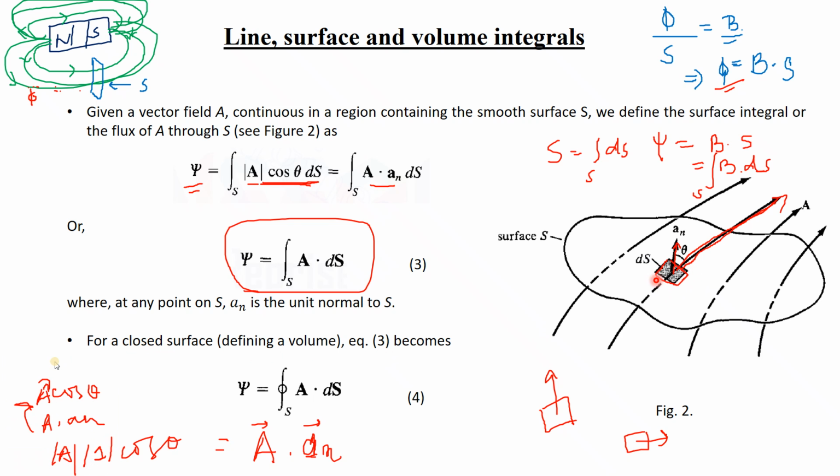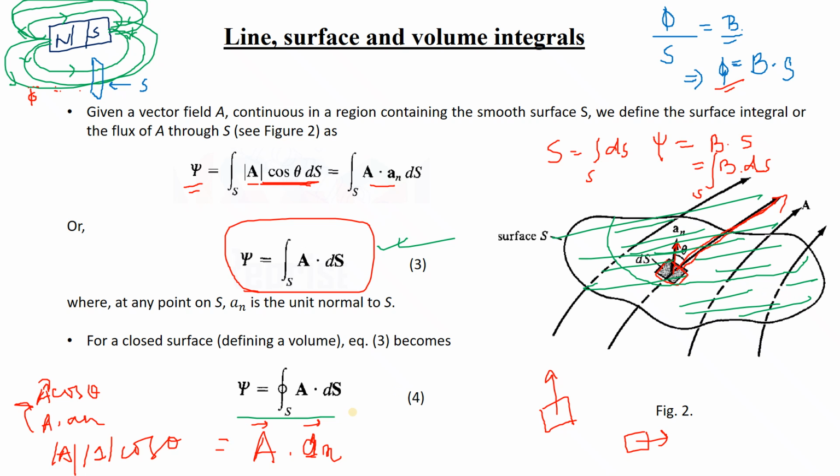Now if I take the area along a closed path, for a closed surface, basically... area may not be in a closed surface. Suppose I want to measure the area only up to this particular part, then I will use this formula. But if I take the entire part, then it will be a closed surface integral. Got it?